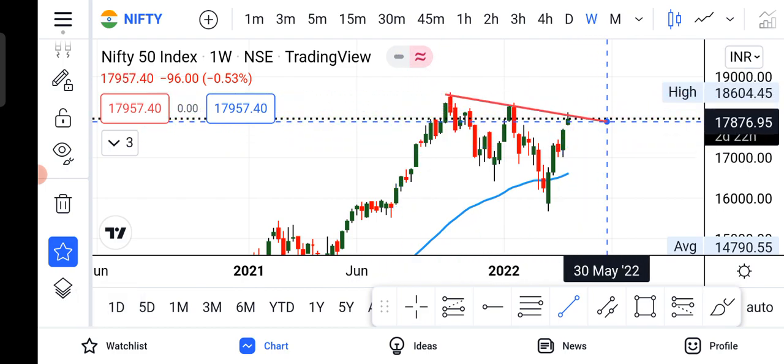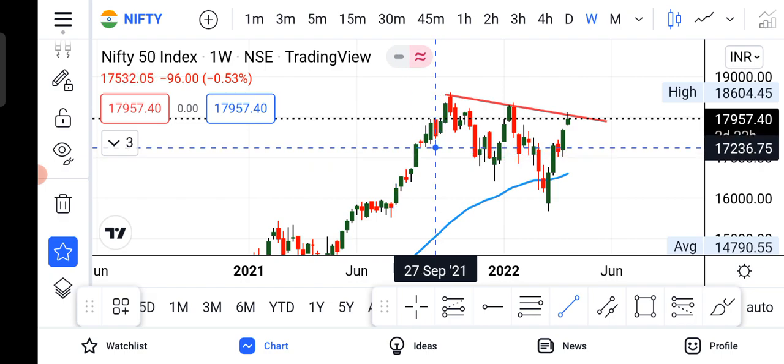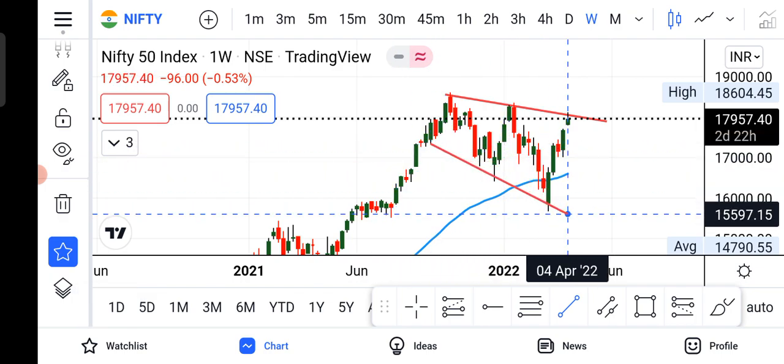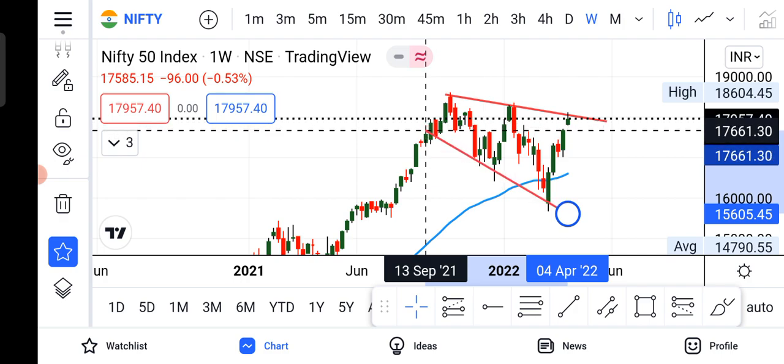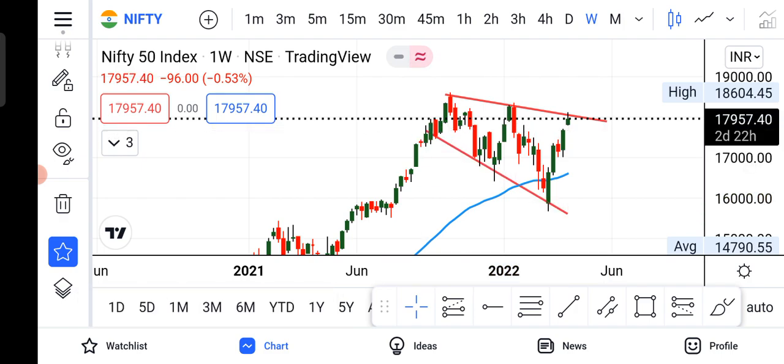A broadening pattern is somewhat like this, which I'm drawing for you on the screen. This broadening pattern was shared with you earlier in the previous videos as well, and Nifty 50 took support from exactly the area which we highlighted. You can see the previous Nifty 50 videos and clearly see that this was the area which we highlighted, which can work as a strong support, and it eventually did. However, there is nothing to talk about the things which are already in the past because it's already done. So now let's talk about the future.